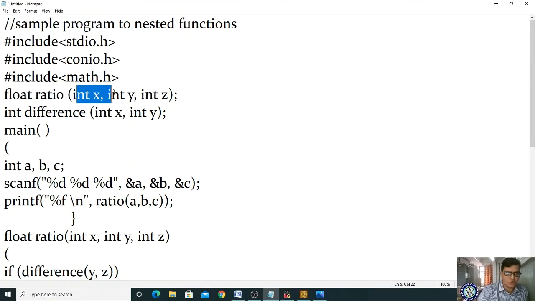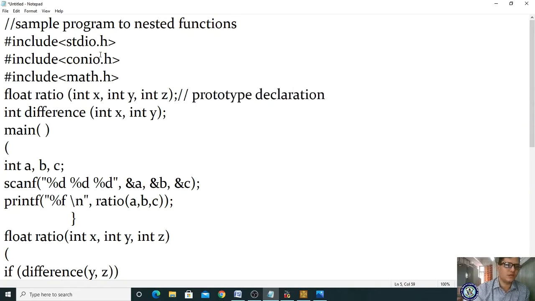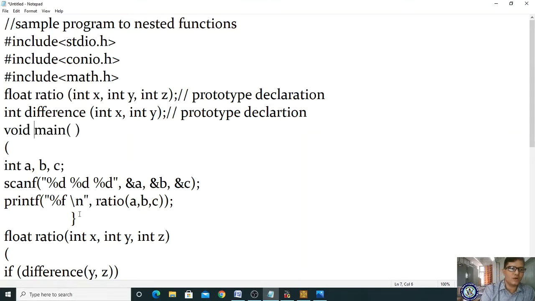Here you are taking three parameters as integer variables. So this is the prototype declaration, right? And here one more prototype declaration, that is another function with the name difference, and your program starts with the void main function, and here you start with an open curly brace, right? Let us see this program very carefully.